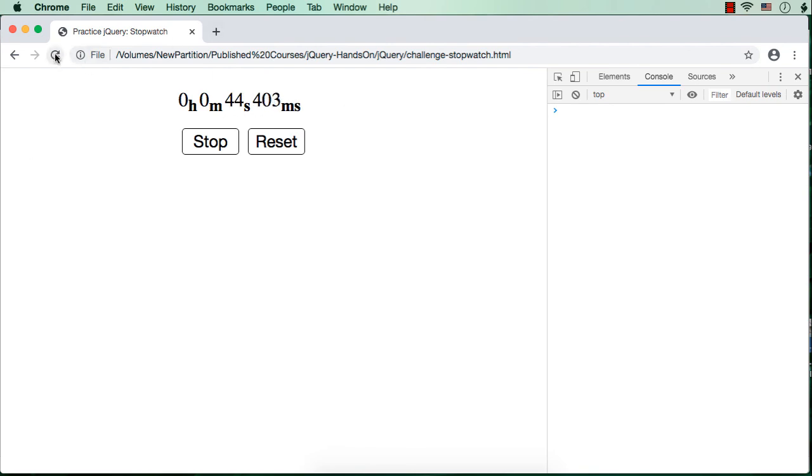Similarly, for the seconds part, initially it was like 1 second, right? Just using 1 digit, it was displaying the result. As you could see here, it is 1, 2, not 01 or 02 like that. So let us append the required number of zeros for all these span elements. For hours, there should be 2 digits. Same for minutes and seconds. And for milliseconds, there should be 3 digits always. That is, if the value is 1, it should be displayed as 001. So let's do that part now.